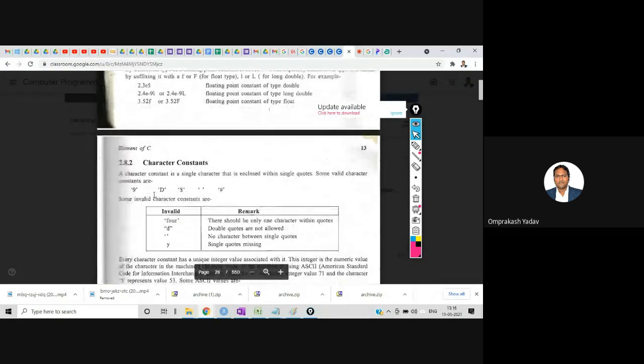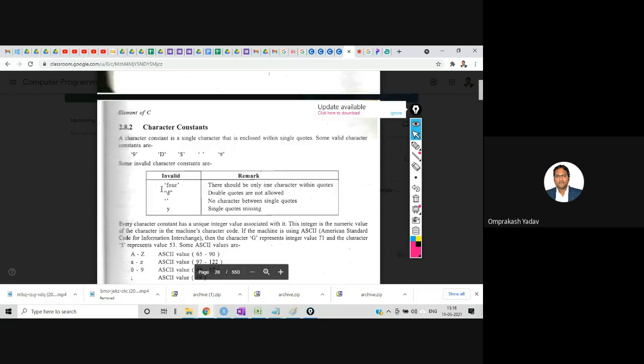Then the character constant we saw, which will be represented in single quotes, right? And the string constant. For example, this is not a valid character constant, because it has a combination of letters and is represented in a single quote. If you have a combination of letters, you must represent it with double quotes, so this is not allowed. This one with double quotes has only one letter, so it is a string, not a character constant.